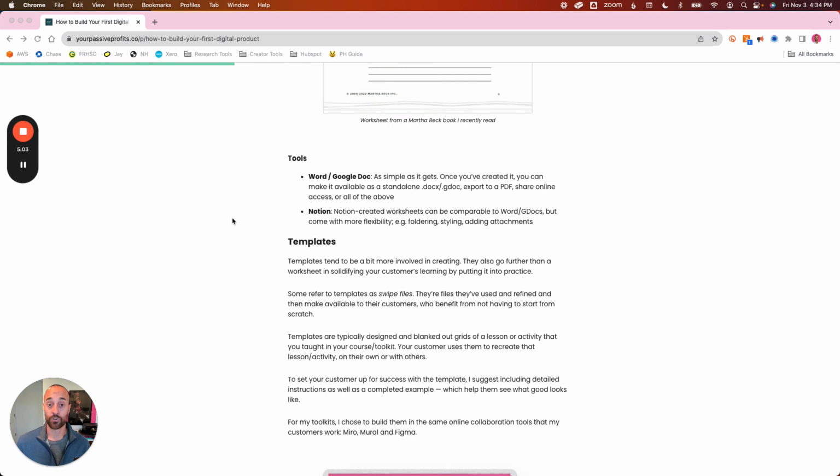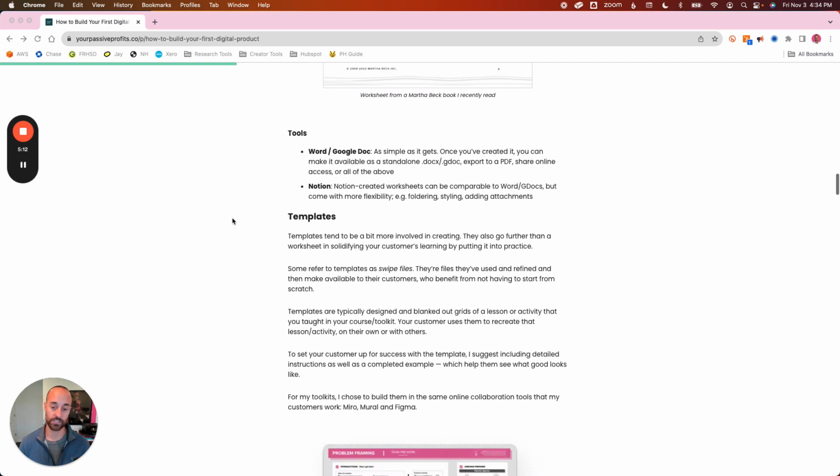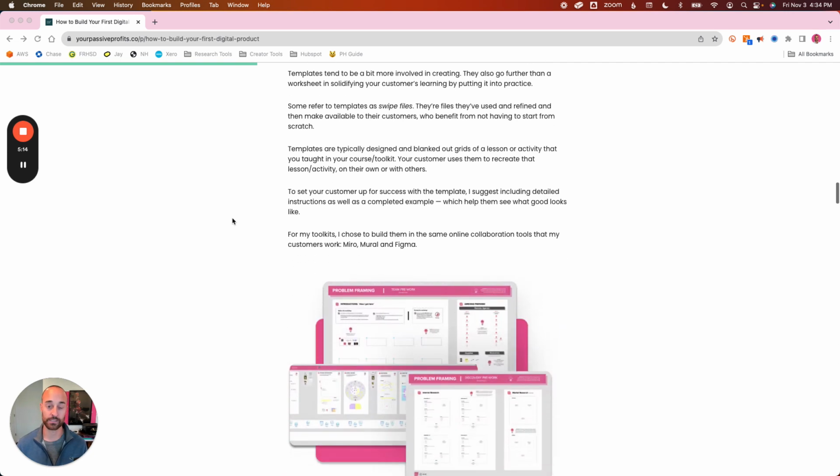Now that worksheets are over, let's get into templates. Templates tend to be a bit more involved in creating. They also go further than a worksheet in solidifying your customer's learning by putting it into practice. Some refer to templates as swipe files. They're files they've used and refined and then make available to their customers who benefit from not having to start